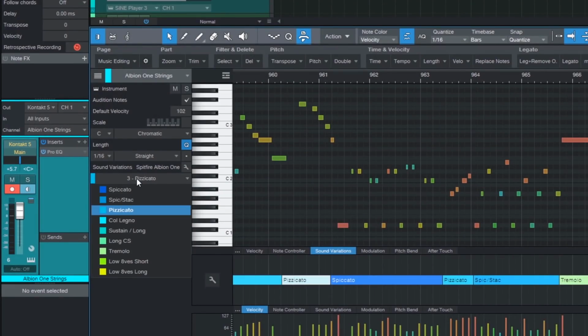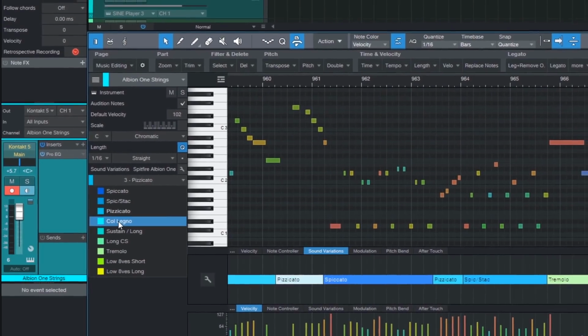Hi, my name is Lukas Ruzicka. What I've been just doing is trying out the new sound variations feature in Studio One 5.2. And this is a really exciting update for every composer and producer working with sample libraries or literally every kind of virtual instruments. With sound variations, you have direct access to articulations such as legato, sustain, or tremolo in your